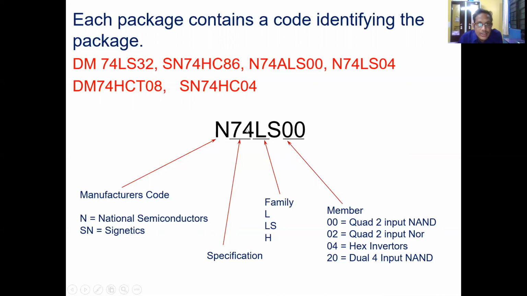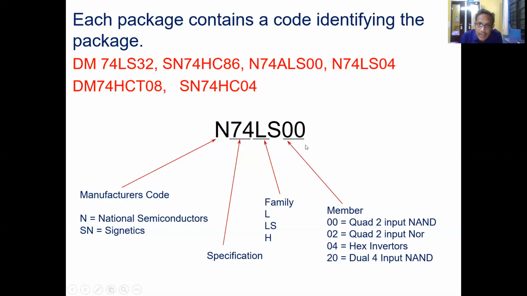But if you consider the same thing with respect to this case, SN74SC86: SN stands for Signetics, 74 stands for the particular series that can be applicable for TTL as well as CMOS, but this SC stands for high speed CMOS. We will come to that point. So this is nothing but a CMOS IC because it is high speed CMOS. SC is the sub-logic family of the particular CMOS IC. This is called a CMOS IC.